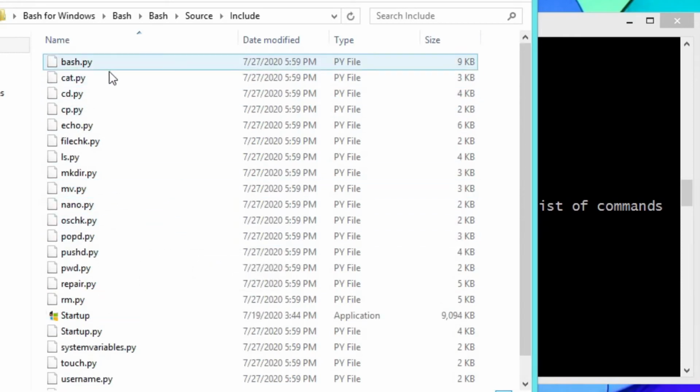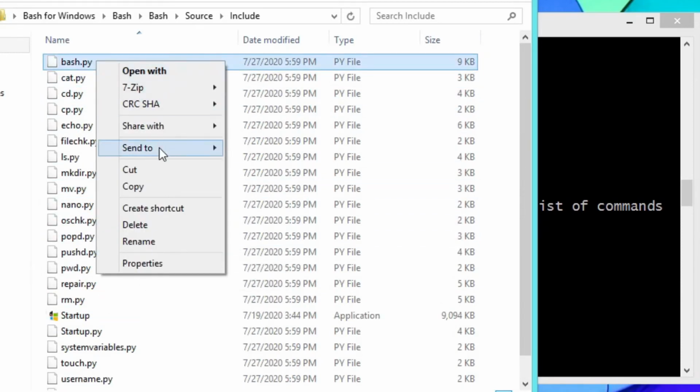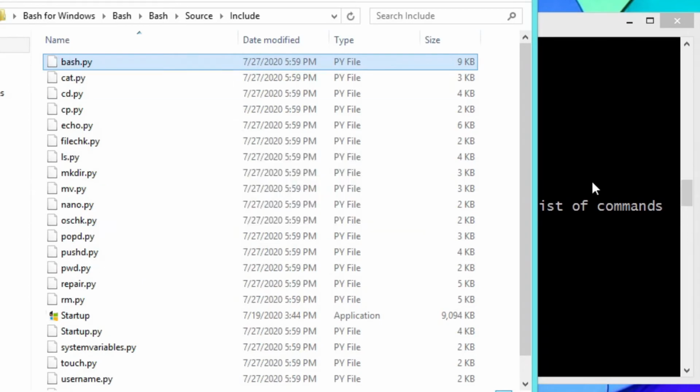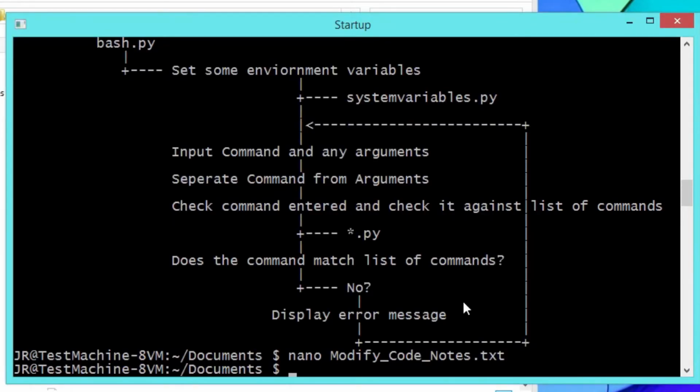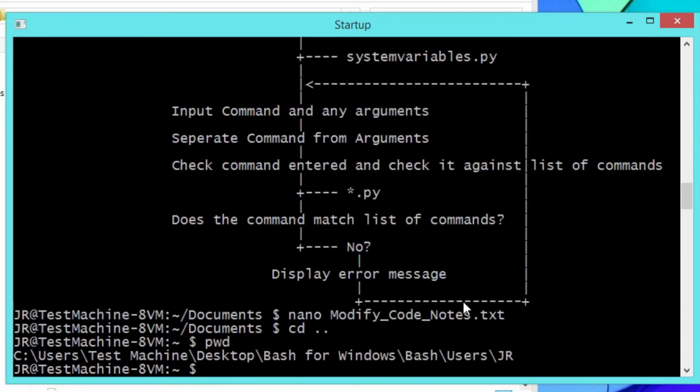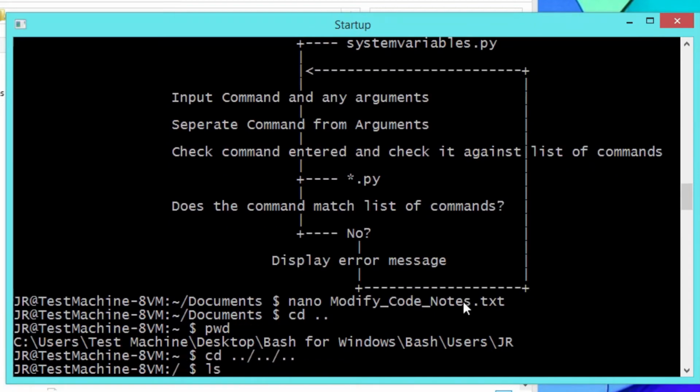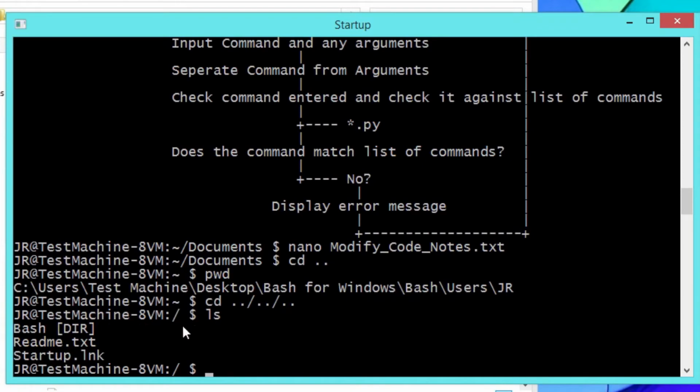So if we want to, for example, modify the bash.python file, let's go ahead and see. We can actually do this inside bash for Windows here. So if we cd dot and we go into pwd there. Looks like ls. You can see here we also have the root directory. This is just the root of bash for Windows. But if we cd into bash /bash /source /include,